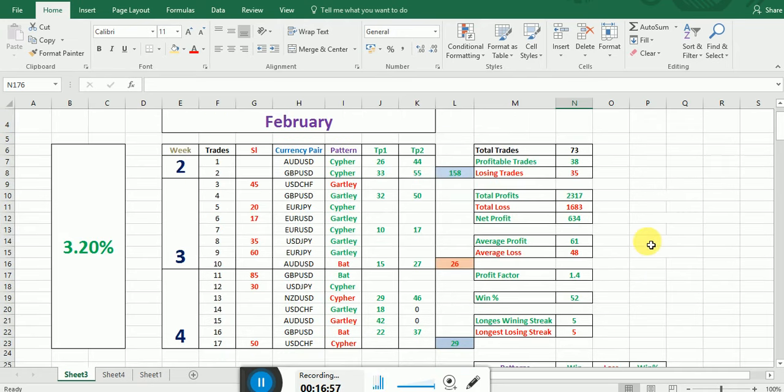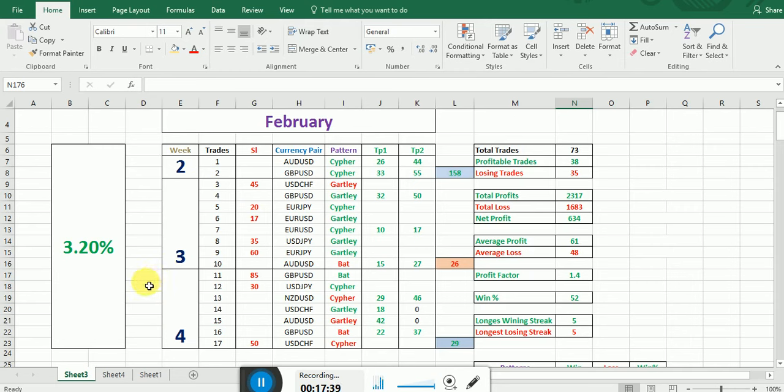So I think I had a question from someone asking if I could show you guys how I enter results into this Excel file. Well, that's something I'm not actually going to teach, because I only talk about trading and stuff like that. But if you are interested, all you have to do is drop me an email. There's the link to my site at the bottom of this video. Just drop me an email and I'll send you a file like this, and you can put the results in by yourself. I mean, you can see the blueprint here,